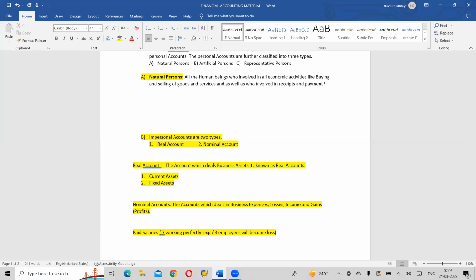Same thing. I'll take you through one more example. See, in simple terminology, what is expense and loss? Expense is nothing but we are investing, and if you are not getting any return benefits, then that will turn into a loss. If we are spending and we are getting a return benefit, then that is considered an expense.